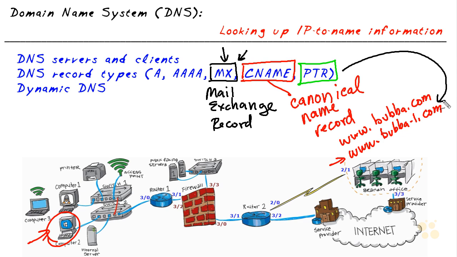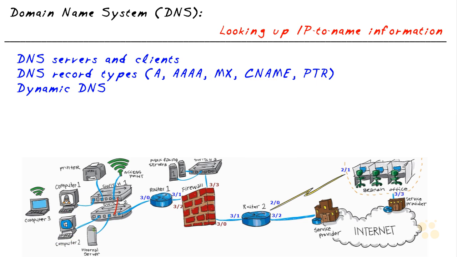So we could say, for example, hey, this address of 8.8.8.8, what domain is that associated with? And the pointer record would point to a name, and that would be one of Google's servers. So when you see pointer records, think reverse lookups, having an IP address already and wanting to know the name behind it. In large organizations, it's very likely that companies are going to have their own internal domain name system